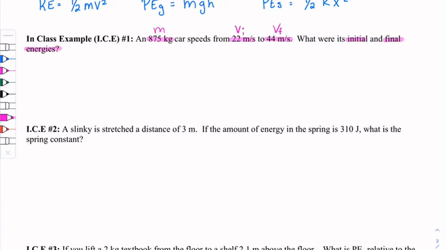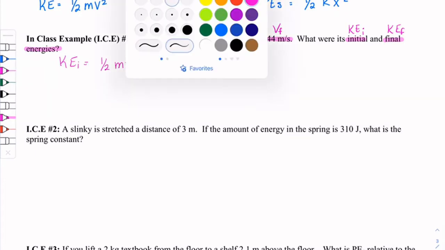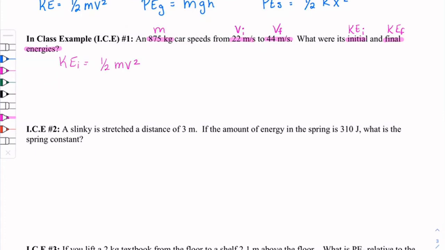So since the car is moving, we're talking about kinetic energy, so we're looking for initial kinetic energy and final kinetic energy. Okay, so this problem actually requires you to do two calculations, one for the initial velocity and one for the final velocity. So we're going to go ahead and do that. KE initial equals 1/2 mv squared. I'm going to make my marker a little bit thicker. And then plugging my values in,